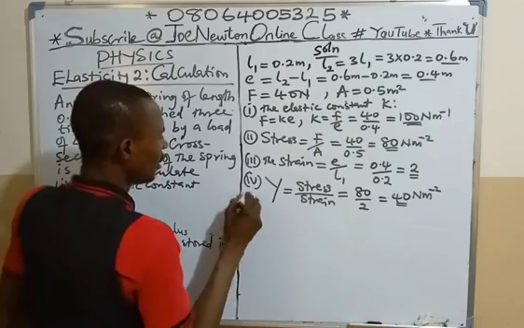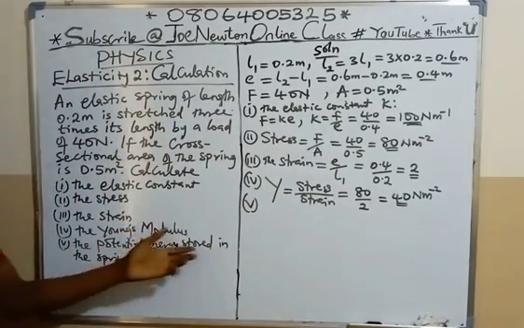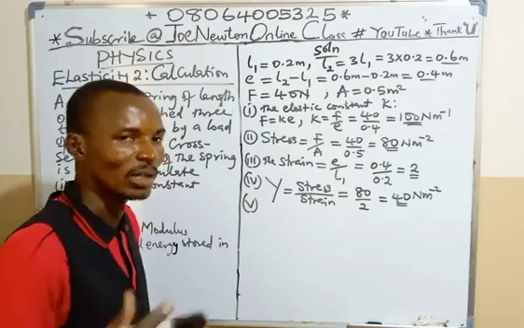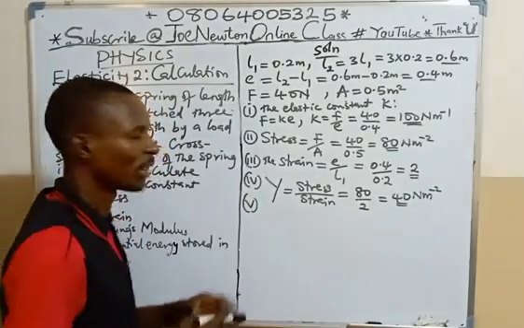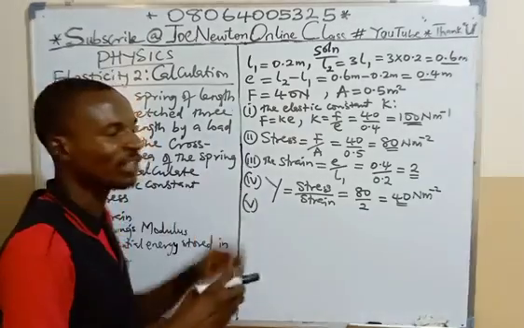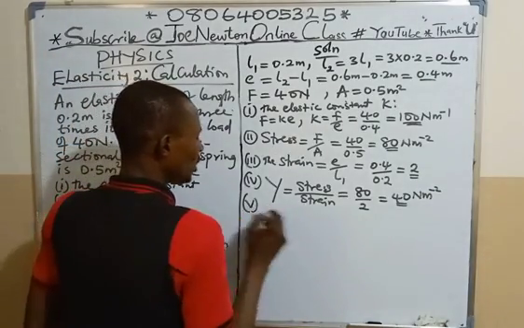Then V, the last but not the least, we are asked to find the potential energy stored in the spring. That is the elastic potential energy stored in the spring, because the spring is the elastic material. It can also be referred to as work done in stretching that elastic material by the load. So we give it as what? The potential energy